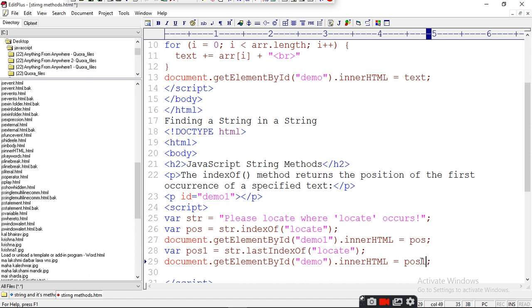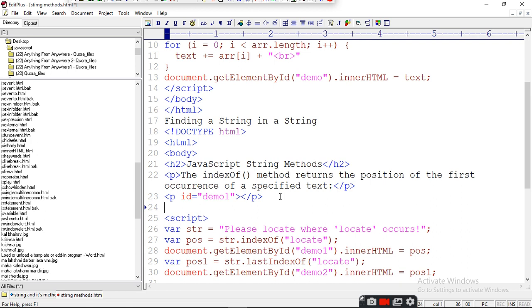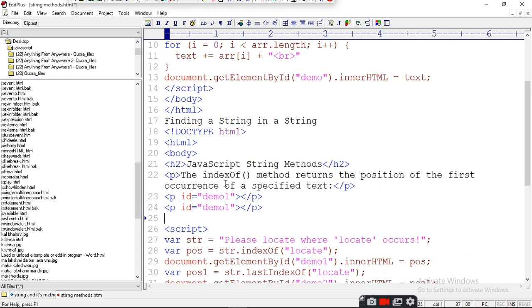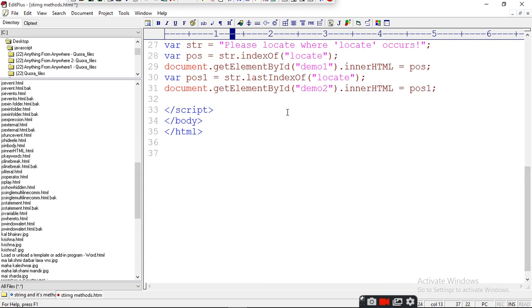Instead of writing several programs, I am using some lines to display the things. Make it 2, Control C, Control V, make it 2. This way you will get the output of both in the same program.